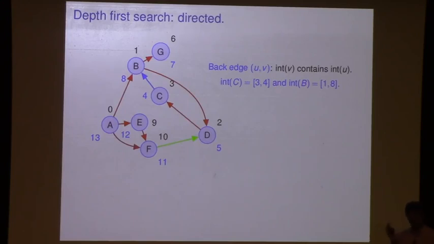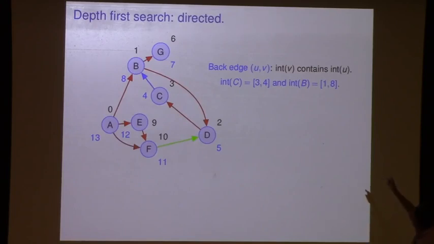Why do we know that causes a cycle? We can see it in this example, but why do we know that? If we see a back edge, we know there's a cycle. That's what I'm trying to argue. Why do we know that? You should justify that to yourself, right? What do these intervals mean? These intervals, instead of the annoying things the professor is just talking at me about, tell me what's